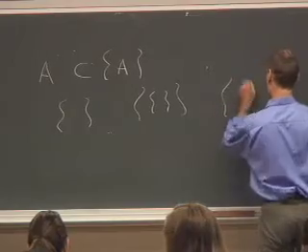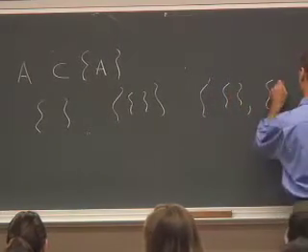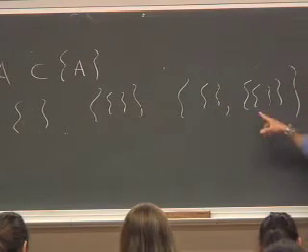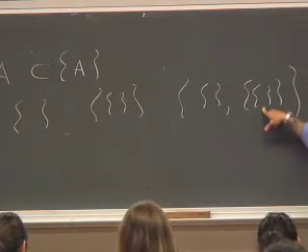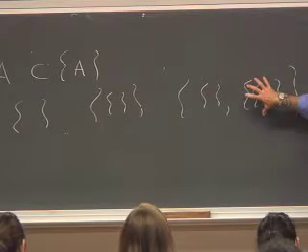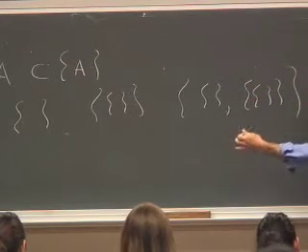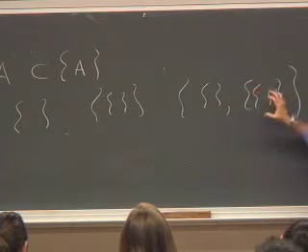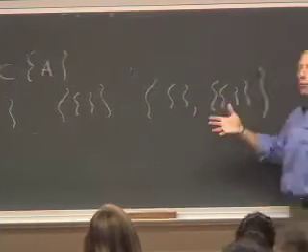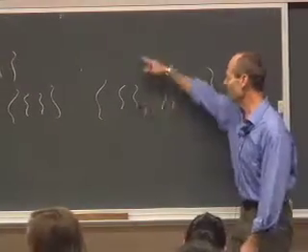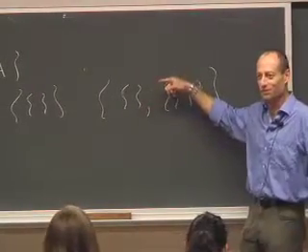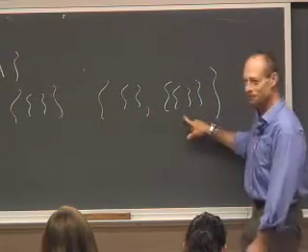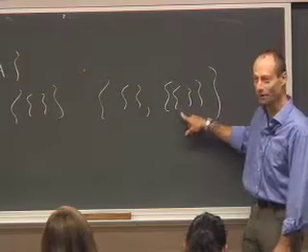This set is a bag that has in it an empty bag, and then a bag that has inside it an empty bag, right? So this is 2 bags. This is 1 bag inside another bag, right? There's 3 bags inside, but you can't tell them apart, right? The empty set, there's only 1 empty set. So you can't put the empty set in the set twice. It's already in once. It's in forever, right? There's only one of them. So what makes this element different from this element is that this is a bag around a bag, and this is just a bag.